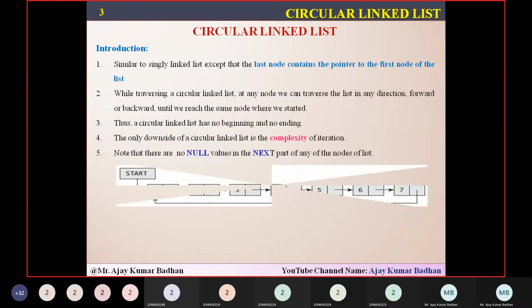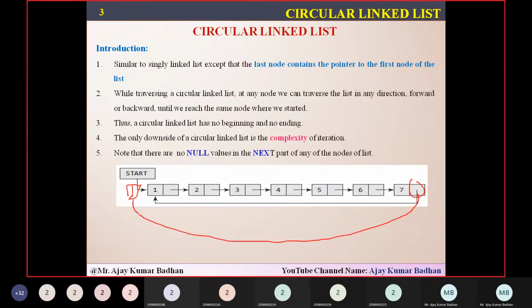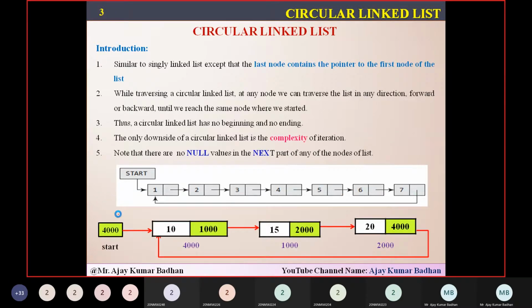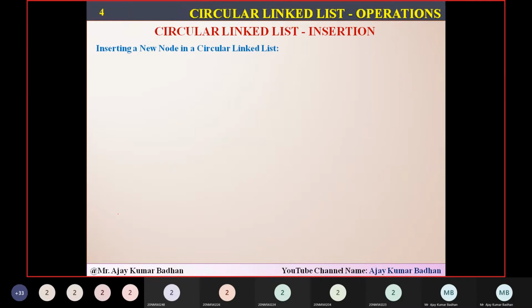This is the introduction part that we already discussed. Why I was saying that we are going to discuss two cases is this: if you want to insert a new element here, what do you have to do? The last element should point to this new node, and this new node's next should point to node number one, so that this becomes node number one and this becomes node number two. In the same way, if you want to delete, the same process we are going to see. That's the reason we will be discussing these two. So let's go ahead. This we already discussed in the previous session. So coming to inserting a new node.